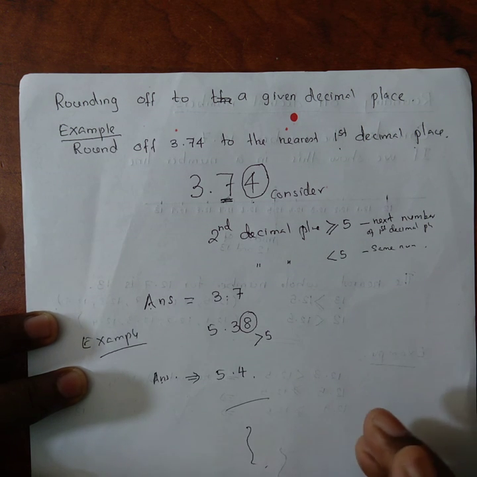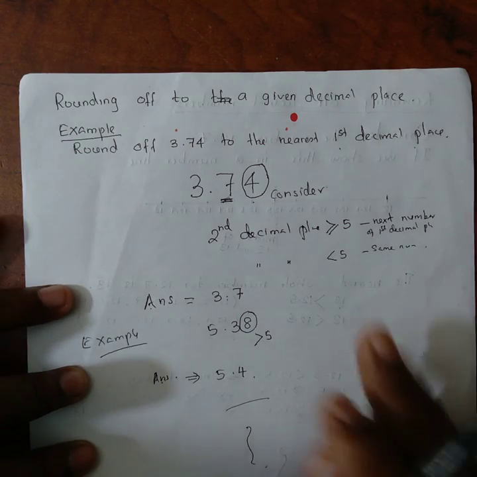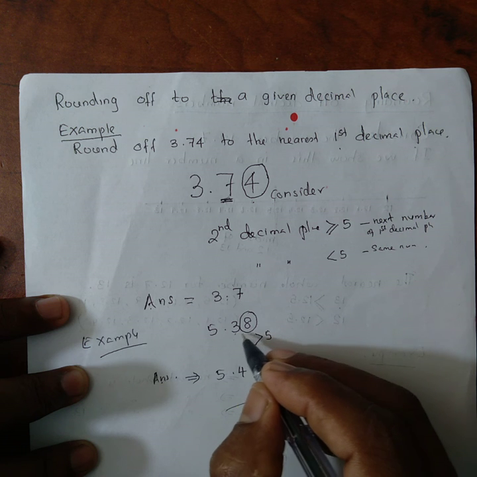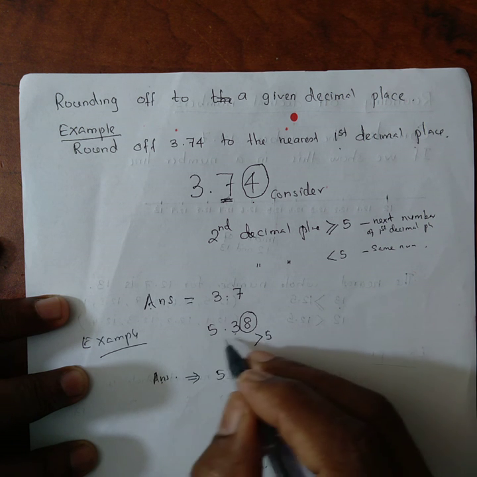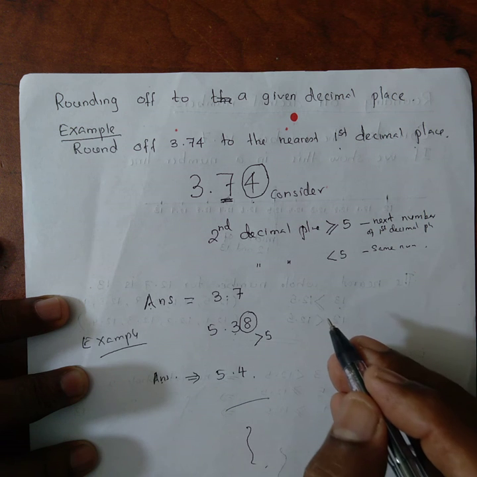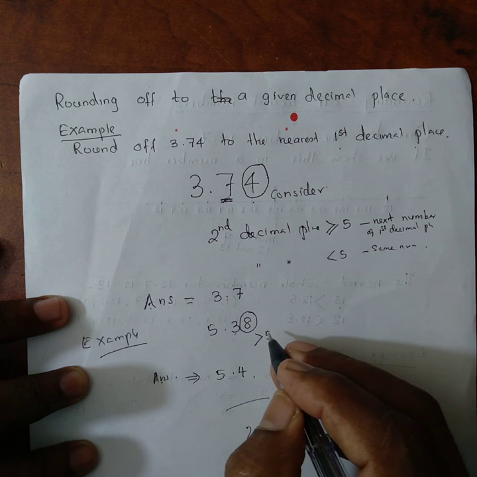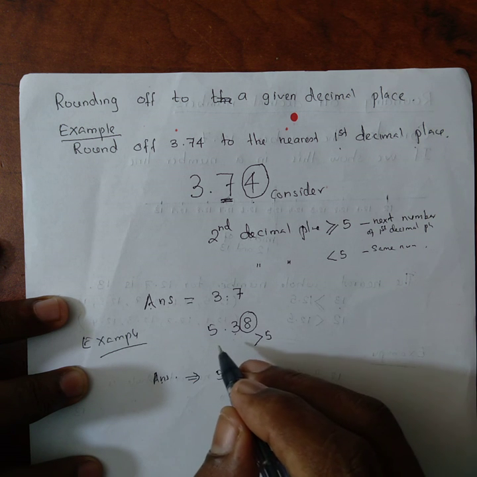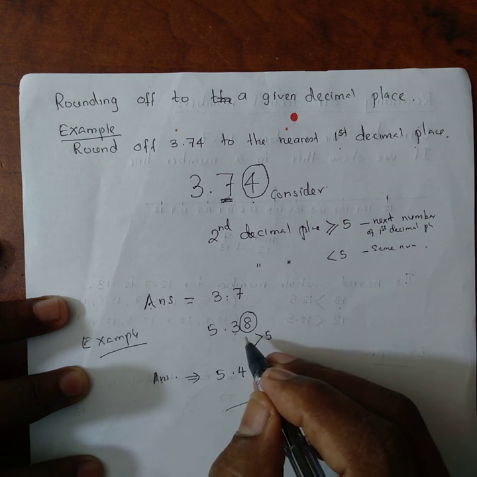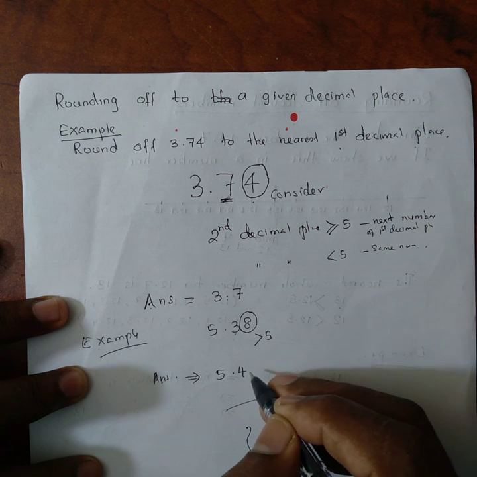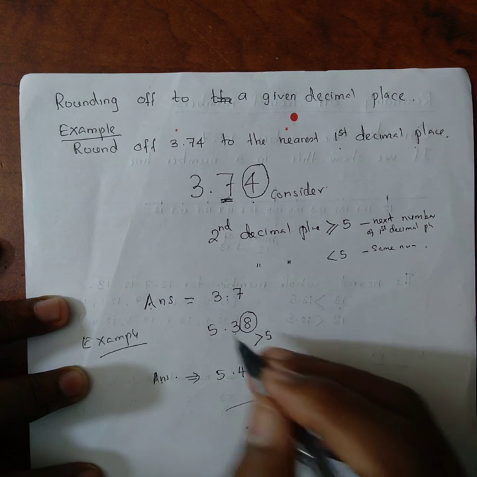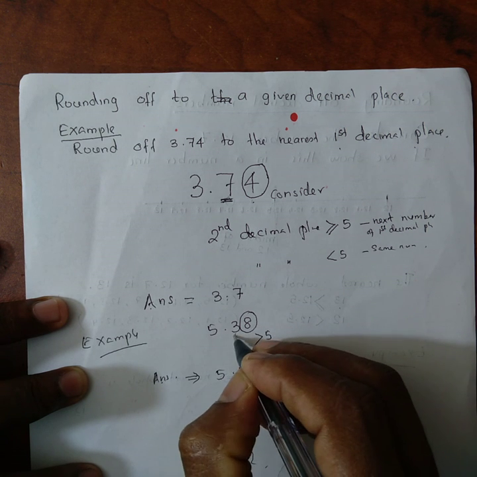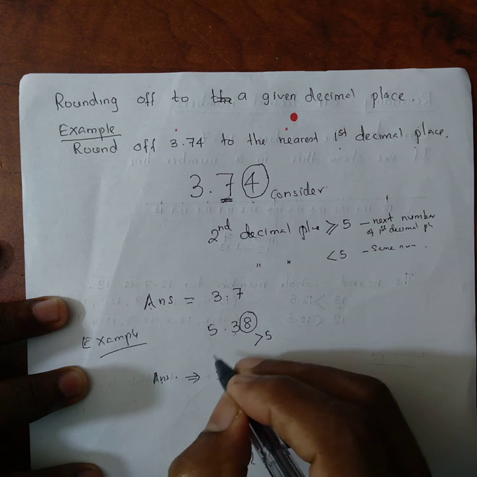If you want, you can take a short note from your book for this lesson. All these numbers, say 5.35, 5.36, 5.37, 5.38, 5.39, you will consider as 5.4. If it is 5.31, 5.32, 5.33, 5.34, all that you will consider as 5.3 only. When the second decimal number is 5 or more, you will add 1 here. If it is less than 5, you will put the same.